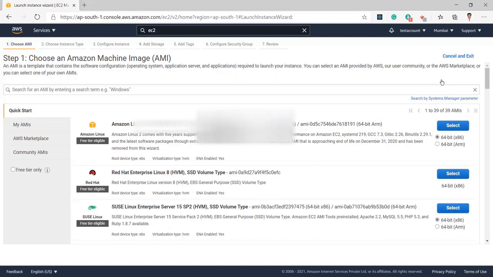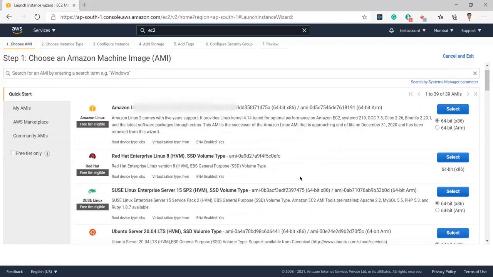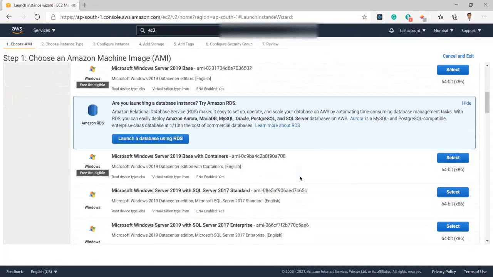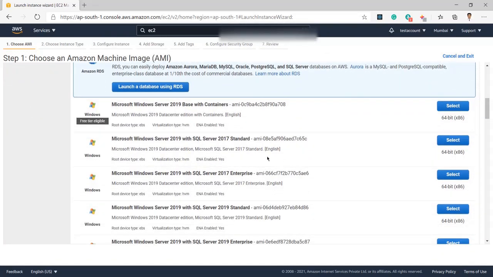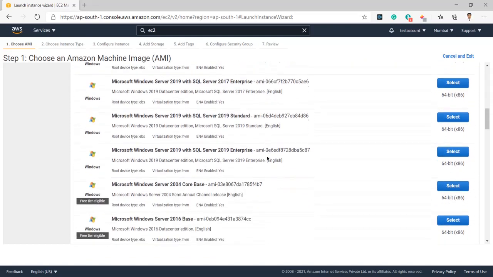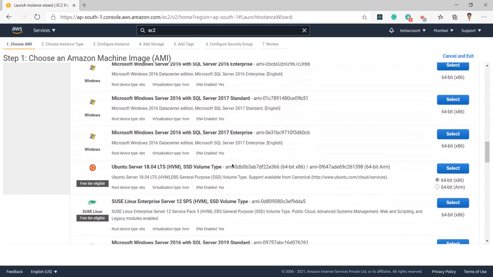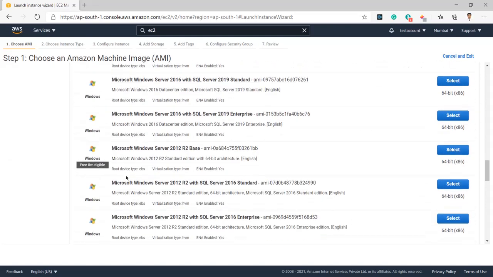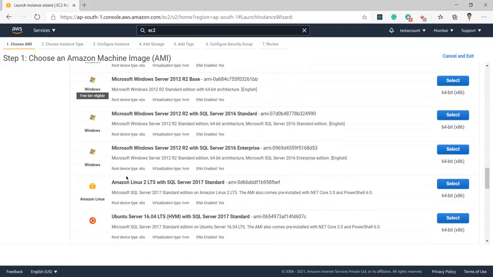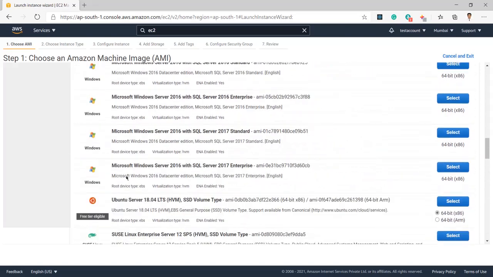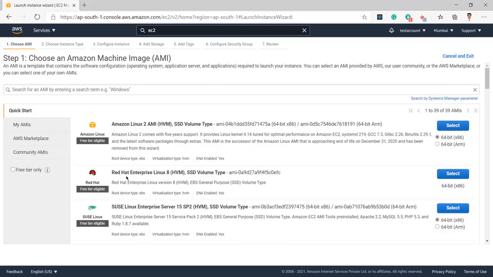Once I click on that, here you can see we have a lot of options or operating systems to choose from to create a server to host our website, right? You can see wherever it says free tier eligible, all those operating systems are free of cost, so you can easily choose them and you will not have to pay for this. Okay,